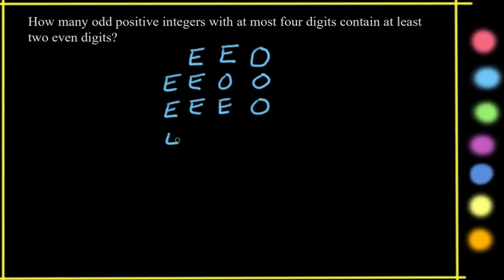Or we could have even, odd, even, odd. Or we could have odd, even, even, odd. We always have to have odd for the last digit because we know that the number itself is an odd integer. So these are our 5 possibilities, and I think we can probably combine